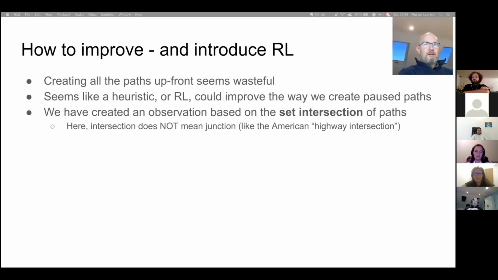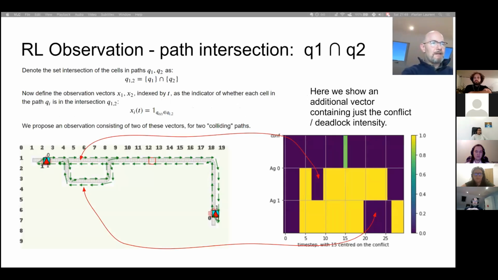So here's our example again. And so the observation is on the right, and basically you can see that the yellow squares mean that the path, each respective path for agent 0 and agent 1, are in the intersection of the two paths. And this is ordered by time steps, so in fact the spatial order is kind of reversed for agent 1. And so you can see that agent 0 is